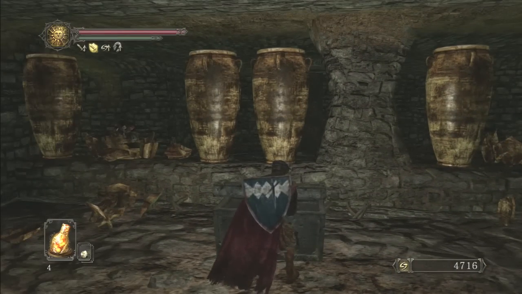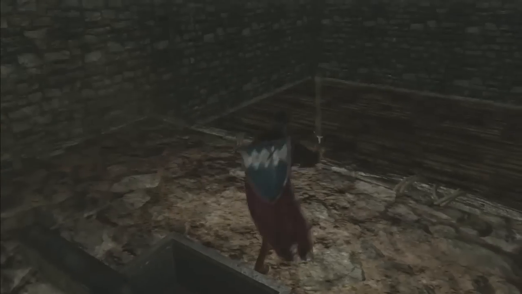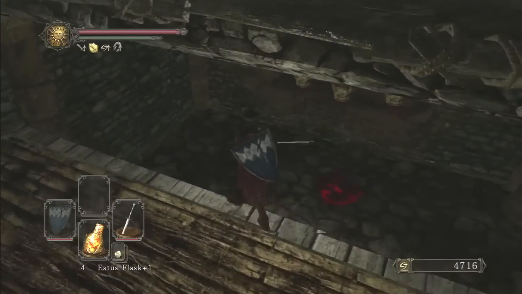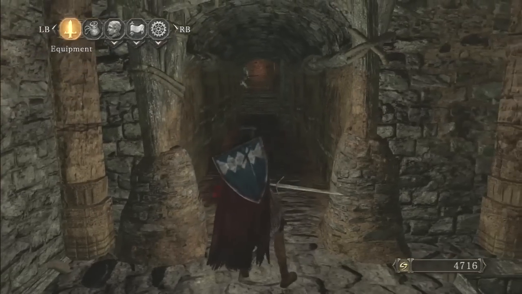And yeah, apparently people are going to try and explode us. Anyways, we're going to get the Mirror Shield, which is going to have some more lore for us. And let's go ahead and go back down. So this Mirror Shield